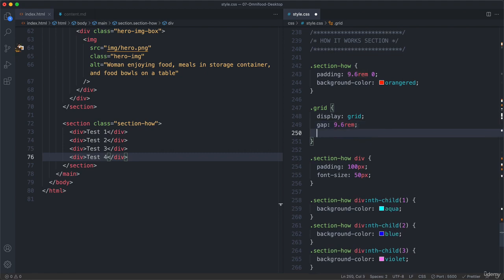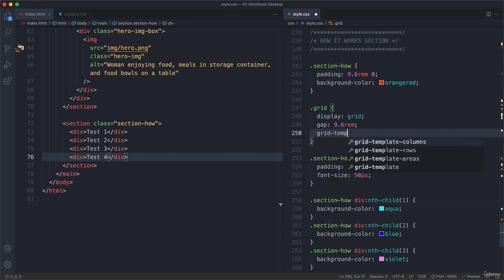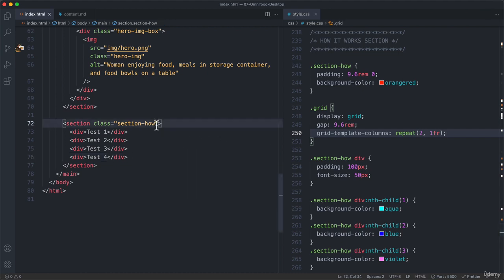And I said that I wanted a 2x2 grid. So that means 2 columns. So grid template columns. And so let's actually use the repeat function and then saying that we want 1fr twice. So remember that this is the exact same thing as writing 1fr, 1fr, right? Okay, and so this now we can add here,